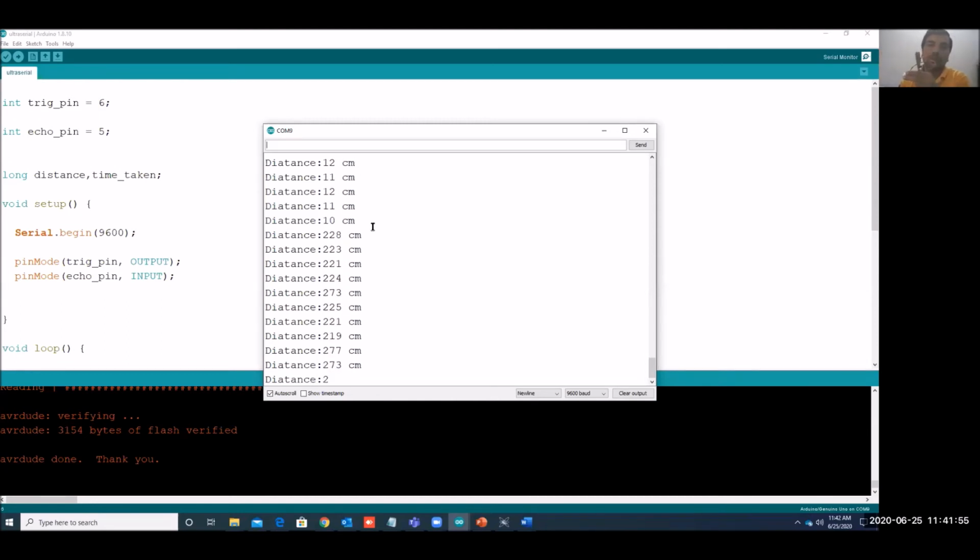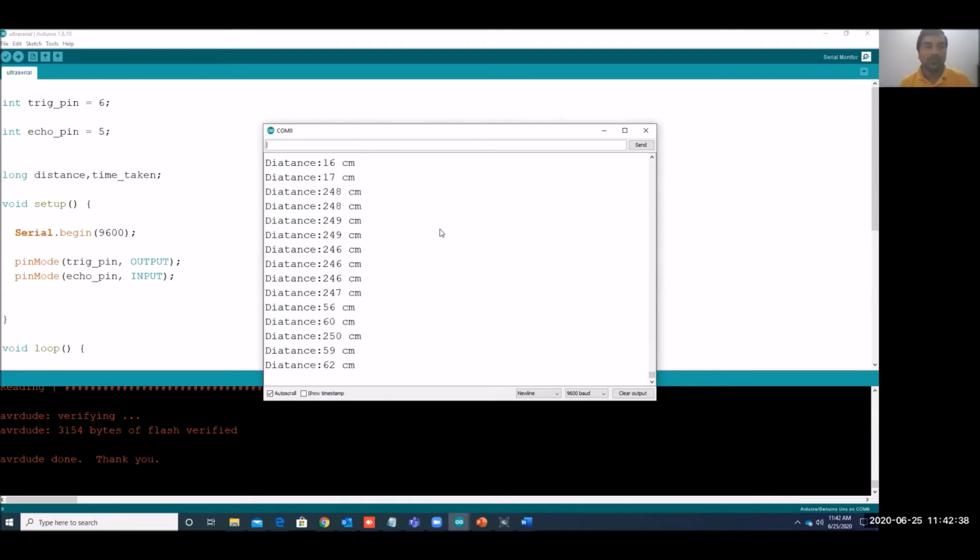Whatever you are seeing in the simulation, the same result is coming in the hardware also. That's why I said yesterday, before going for any hardware testing, you can do simulation and then go. Now you can check the distance is coming correctly if I put a hand constantly in front of the sensor. With this you can make many projects, maybe an obstacle avoiding robot, a dispenser, or something security related, like in a gate. You can also make a doorbell, and so on.